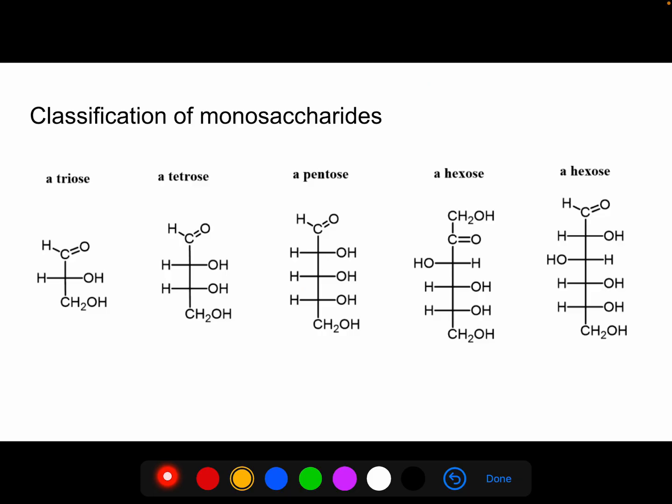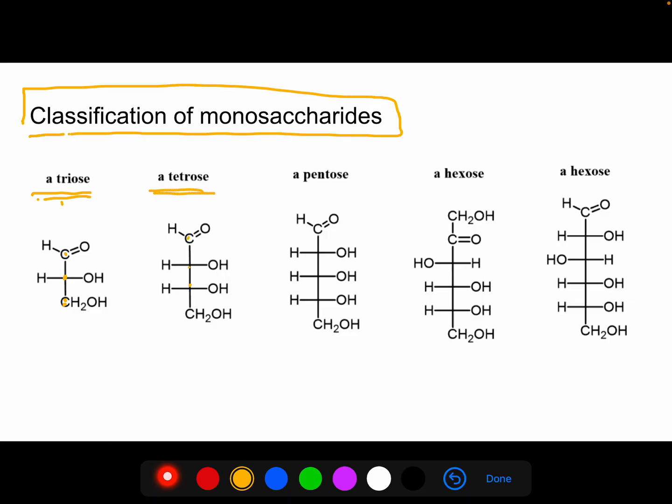Okay, so monosaccharides are the simple sugars that are not connected to other sugars. If it contains 3 carbons, 1, 2, 3, we call it a triose. If it contains 4 carbons, that's a tetrose. 5 carbons, pentose, hexose, and another hexose. So when you look at here,